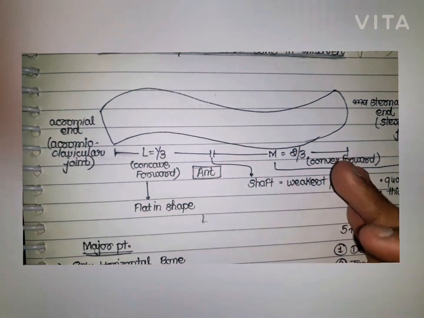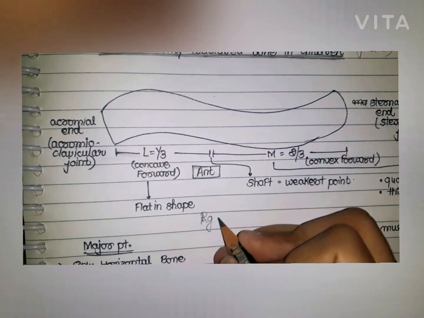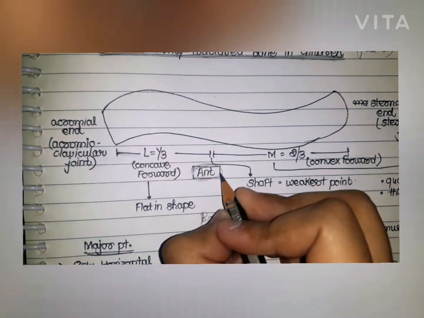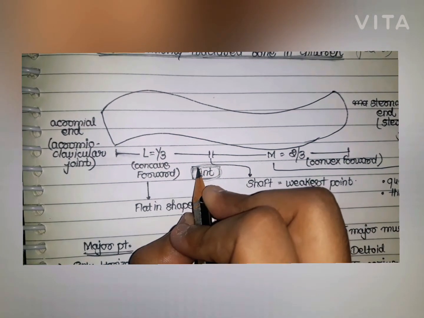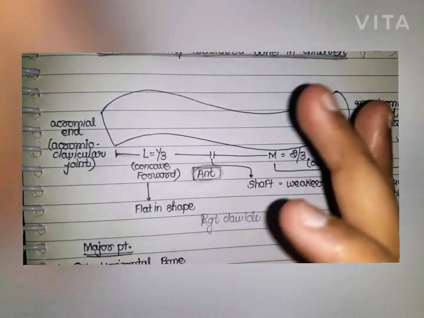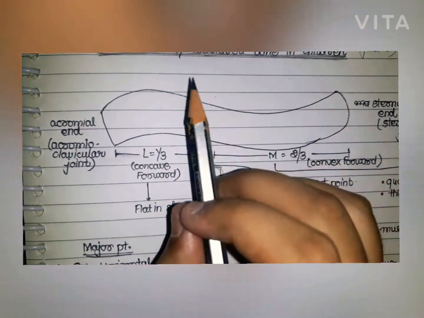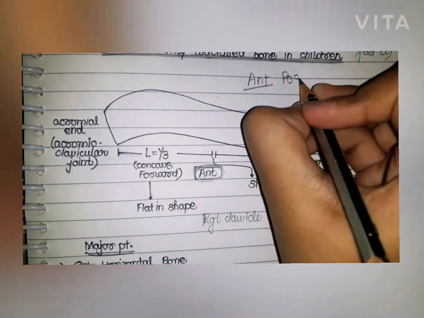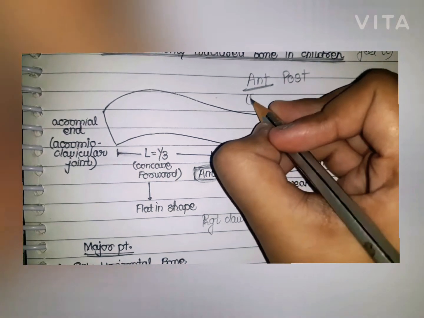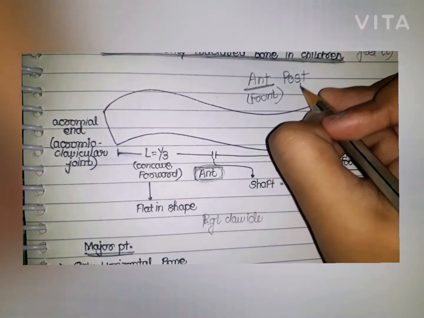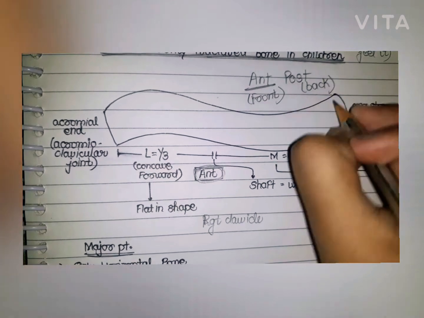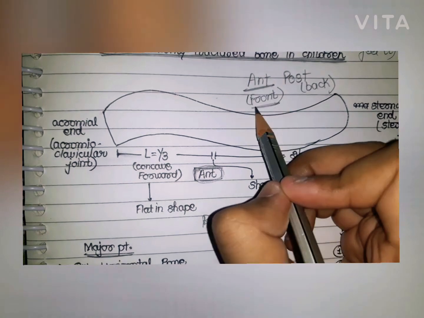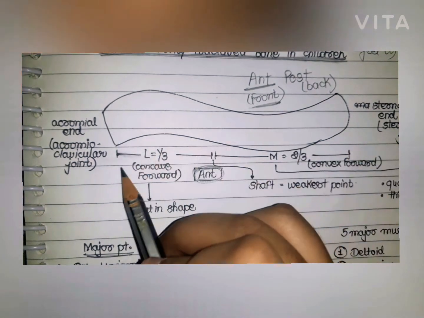Here is the structure of clavicle. It's a right clavicle and it's an anterior diagram of the clavicle. In anatomy, let's clear about this first. We have two surfaces. First is the anterior surface, second one is the posterior surface. Anterior means in front and posterior means in the back. So when any human being or doctor sees from your front side, your face side, then your right clavicle will